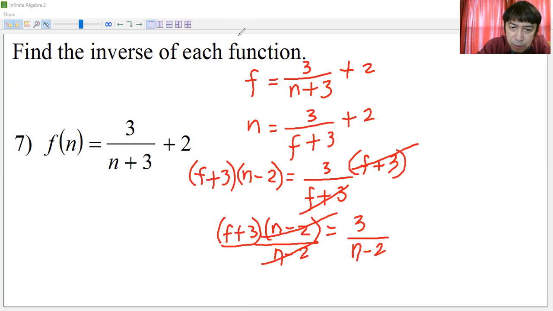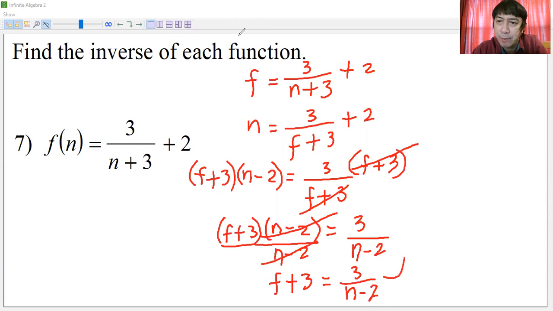The left side is now just f plus 3 equals 3 over n minus 2. One more step: move the 3 to the other side, so f equals 3 over n minus 2